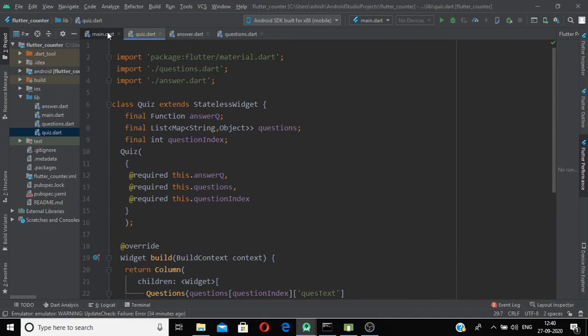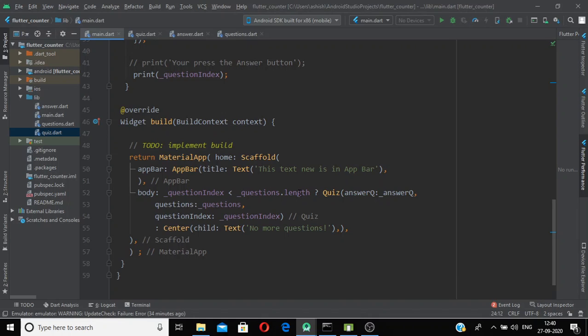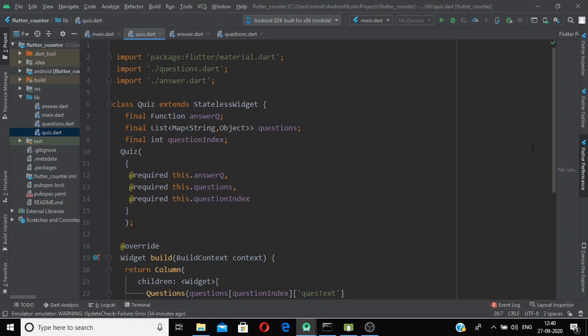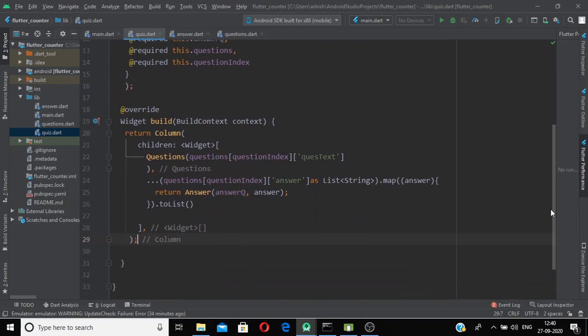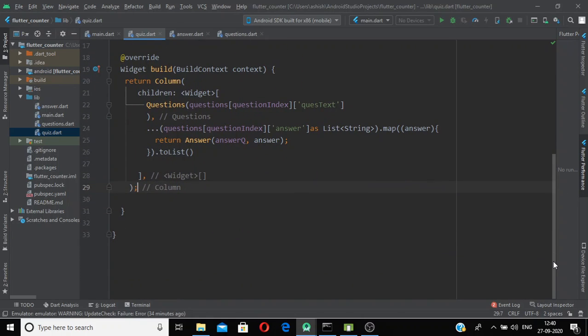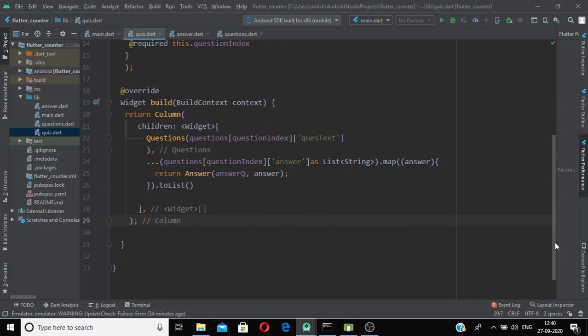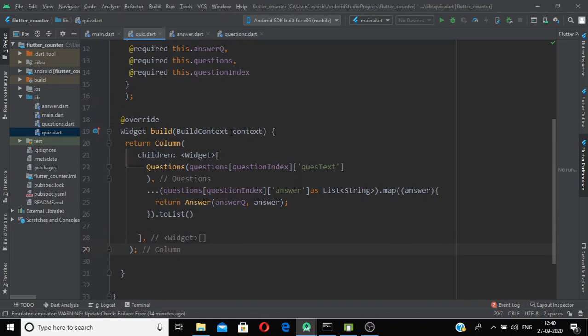Now if we see our main.dart file, the if logic, the statement if this is true, we call this quiz constructor of this quiz class and pass the values, and we hide the logic of this complex quiz in this file. So now our file is ready.